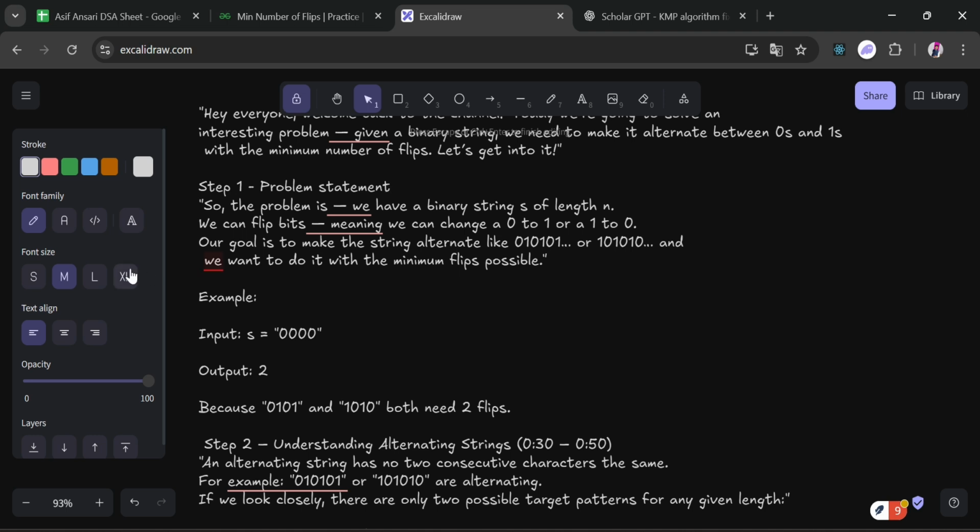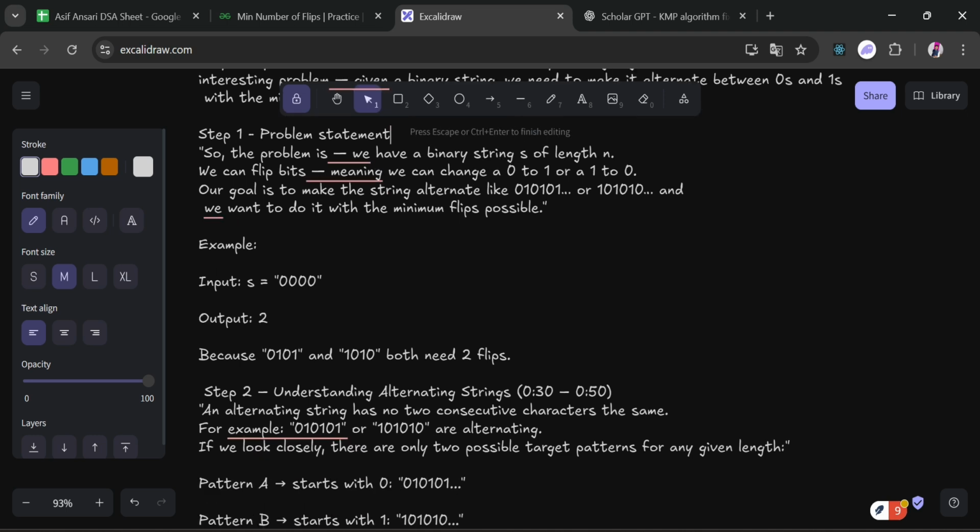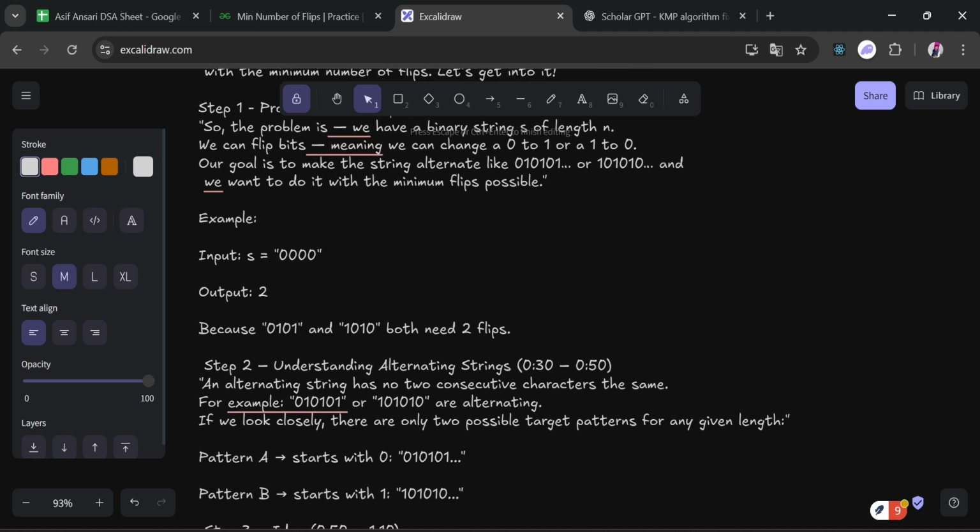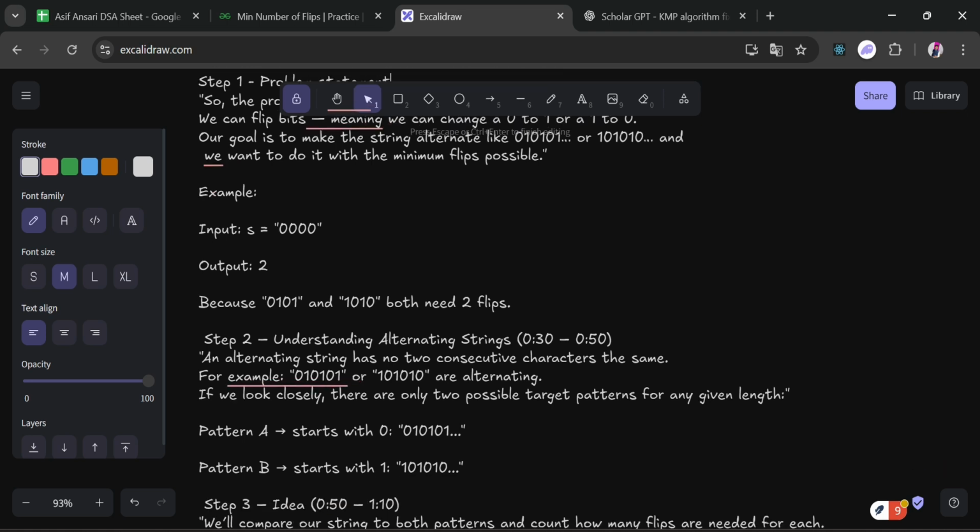Our goal is to make the string alternate like 0 1 0 1 0 1 or 1 0 1 0 1 0, and we want to do it with the minimum flips possible. Example: input is 0 0 0 0, so the output will be 2, because 0 1 0 1 and 1 0 1 0 both need 2 flips.